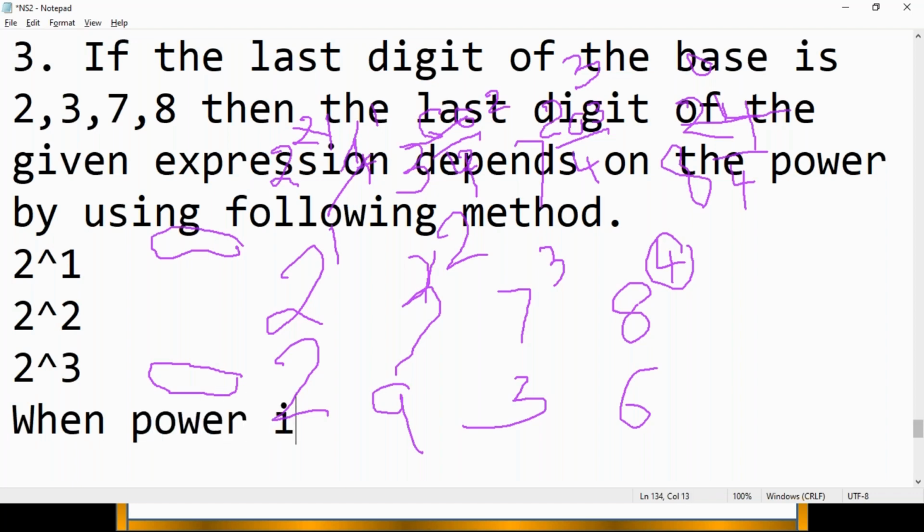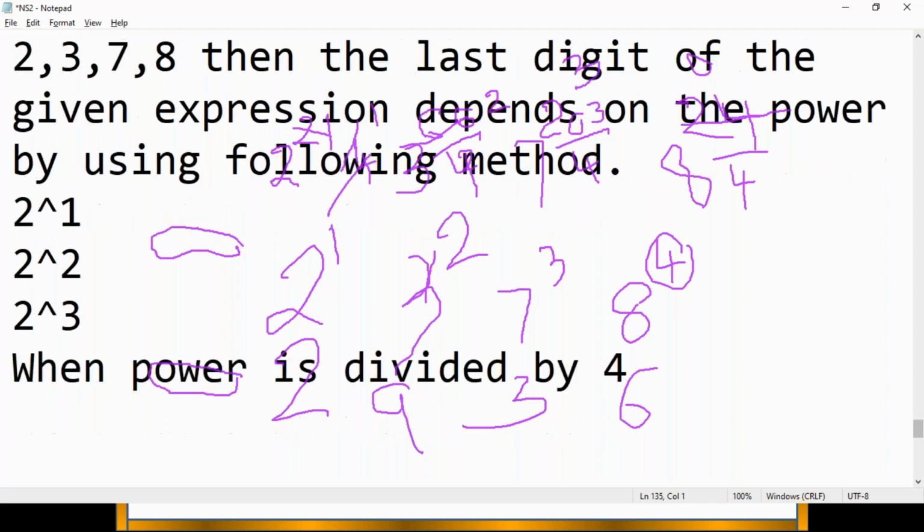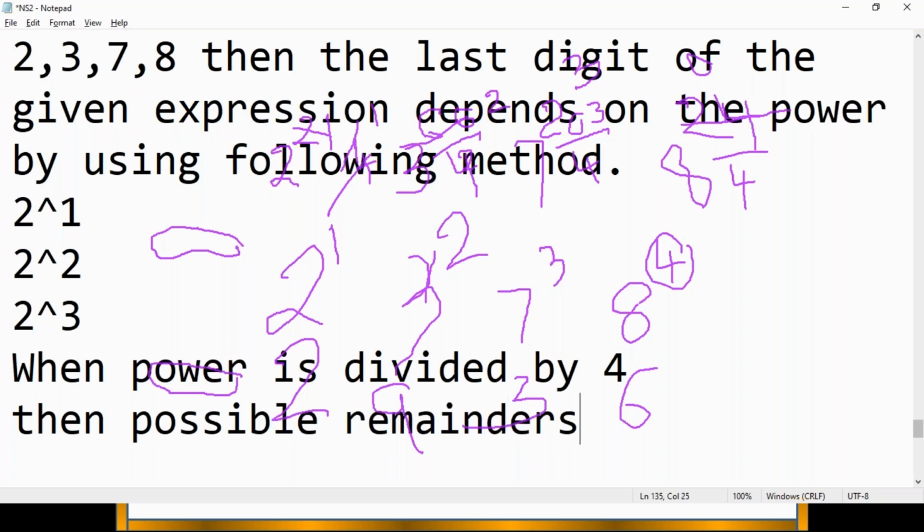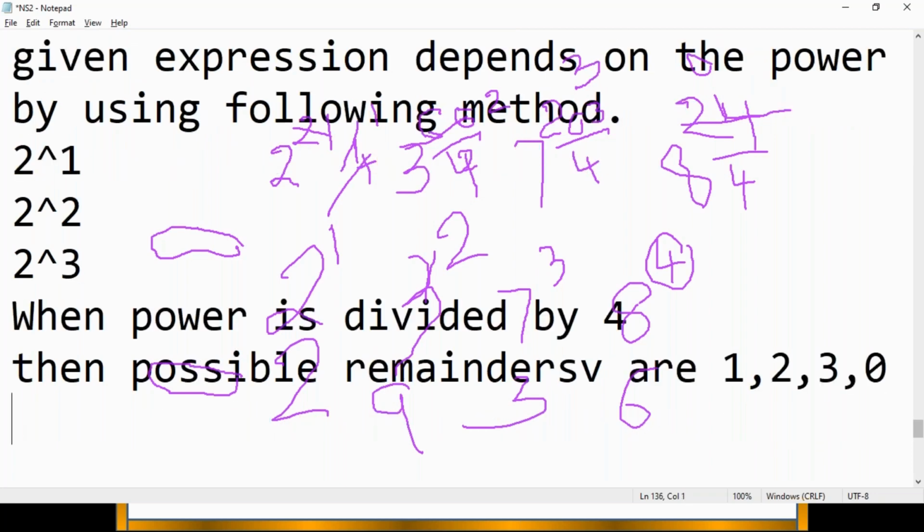When the power is divided by 4, then the possible remainders are 1, 2, 3, 0. Sorry, don't say point number 1, it is a sub point. If the remainder is 1,